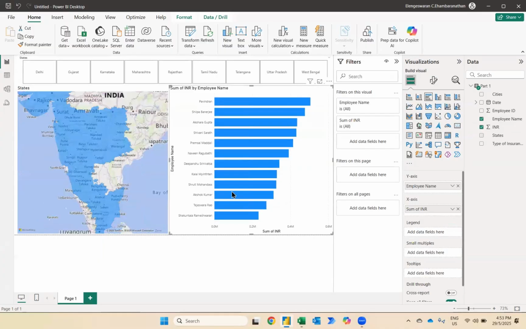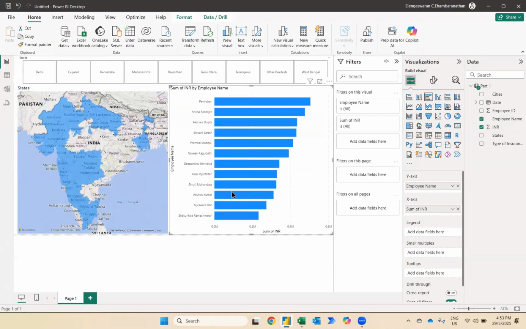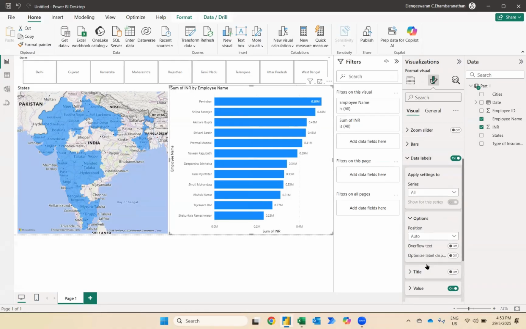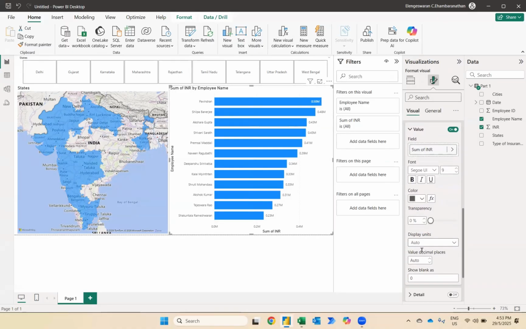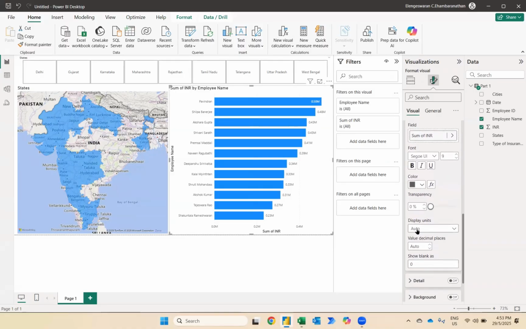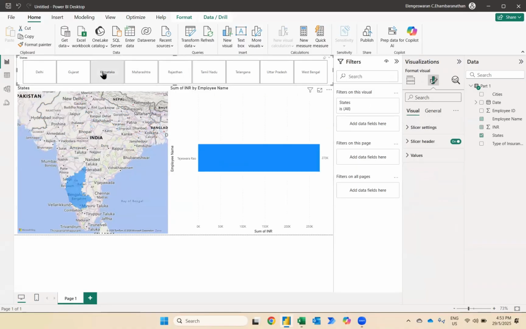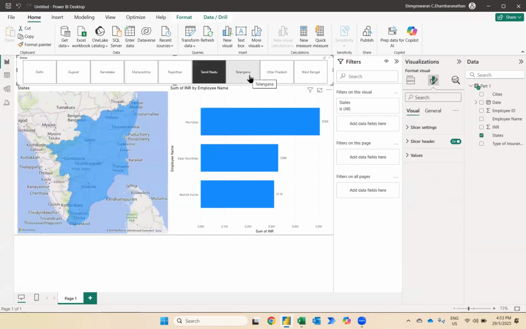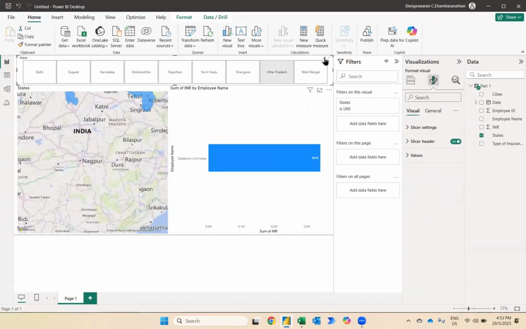Power BI can actually turn variable data into exciting insights. If you want to show the data label, you can go over here and turn on the data label. If you want it in thousands, you can expand this, go to the value, and instead of auto, change it to thousands. It will then show thousands over here. This is how we can play around with our data. When we select, it changes accordingly. That's the beauty of Power BI, because you can make selections, change this, and make a beautiful